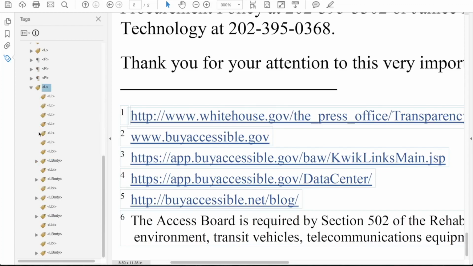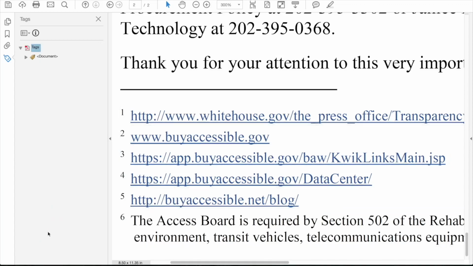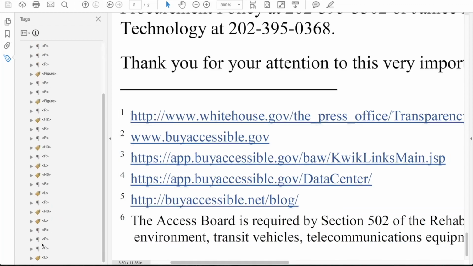I'll simply select the empty label tag and the L body tag with the content in it and move them into each LI tag. It's handy that the following tag is automatically selected after I move tags, so all I need to do is hold down Shift and select the next L body tag before I move it. Now that I have a proper list structure, I'll save it before creating those labels.